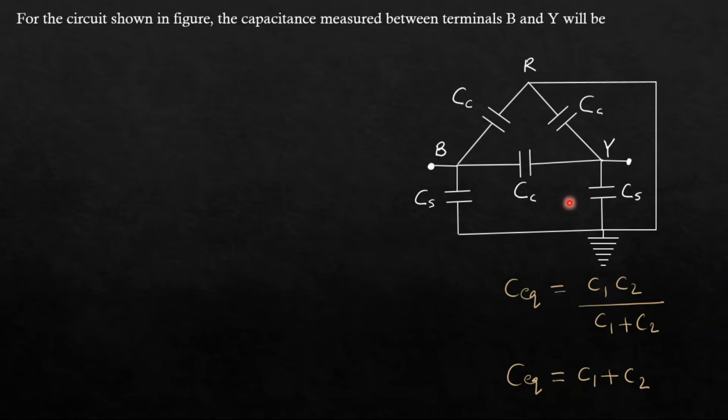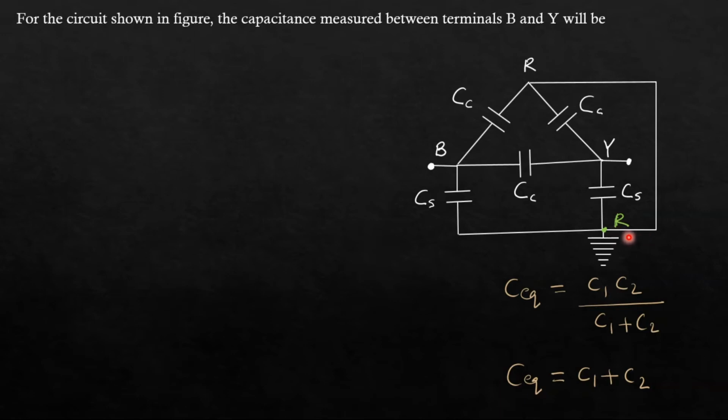Now in this circuit, you may find difficulties in finding the series and parallel combination. So I will tell you the best trick to find the series and parallel combination, okay? The first thing you should note is that this node and this node are directly connected. There is no resistance in between them. They are directly connected, so the voltage at this point and this point are the same. So we can treat these two nodes as a single node. So this node is represented by R, and I can represent this also as R. This is the most important point in this problem.